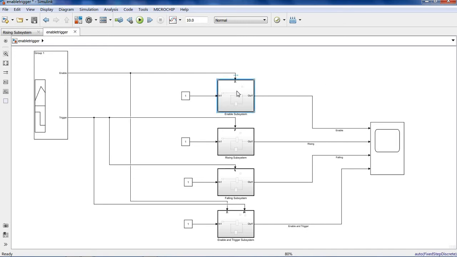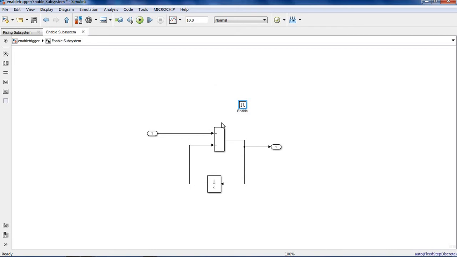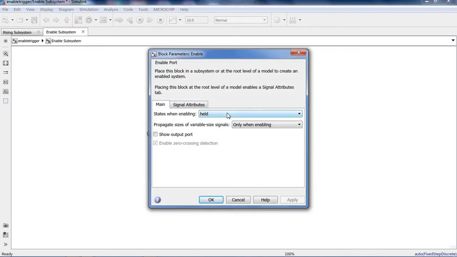Enable subsystem: exactly when the enable condition is greater than 0, it will start updating the output. Once the signal is 0 or less than 0, it will hold the output or reset the output based on the selection. The selection is here, where you have the options, hold or reset.